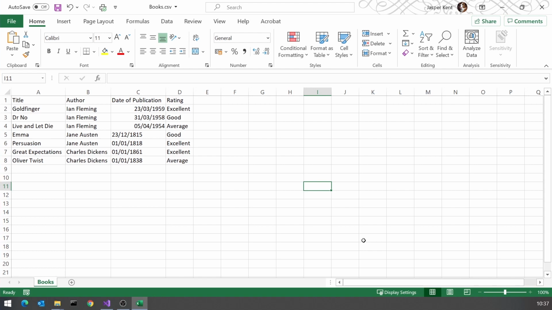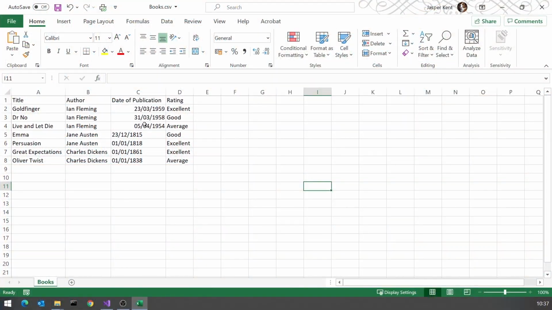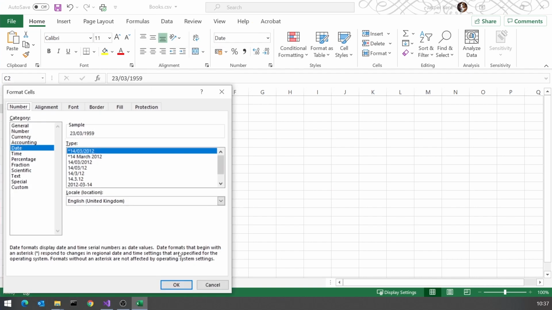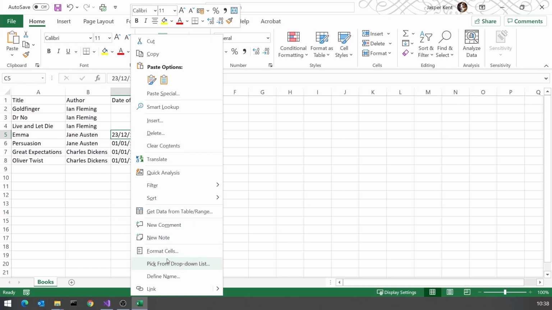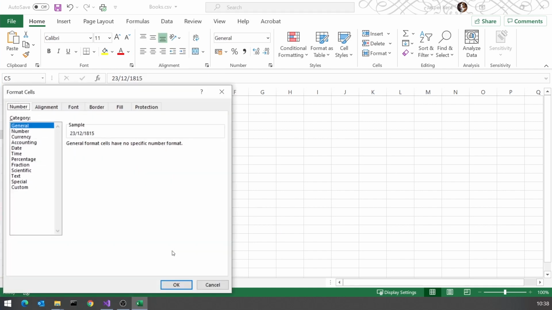There's one weird little feature to note. You'll notice that those dates, some of them have been justified to the right, some of them justified to the left. This is actually nothing to do with what we're talking about here in terms of the CSV file. It's an irritating feature of Excel that it doesn't understand dates before 1900. So when it read in that text, when it saw these dates in the 1950s, if we look at the format there, then we can see it's interpreted that as a date and set some formatting. Whereas if we look at these in the 1800s, it can't make out that that's a date, and so it's just gone for general. So it's a bit of a quirk, but it's not to do with what we're doing.